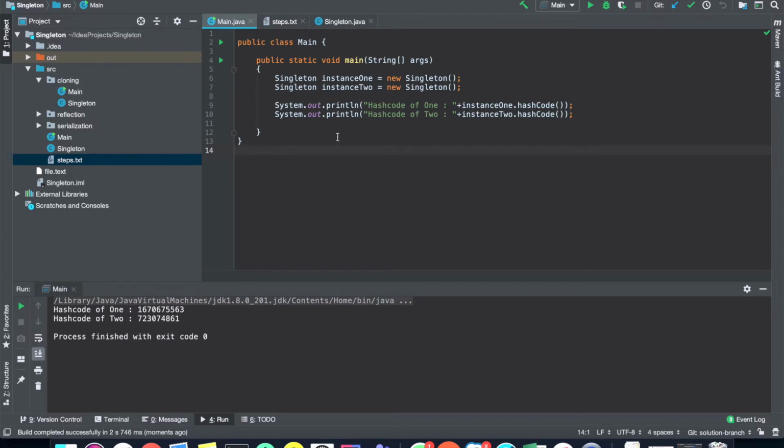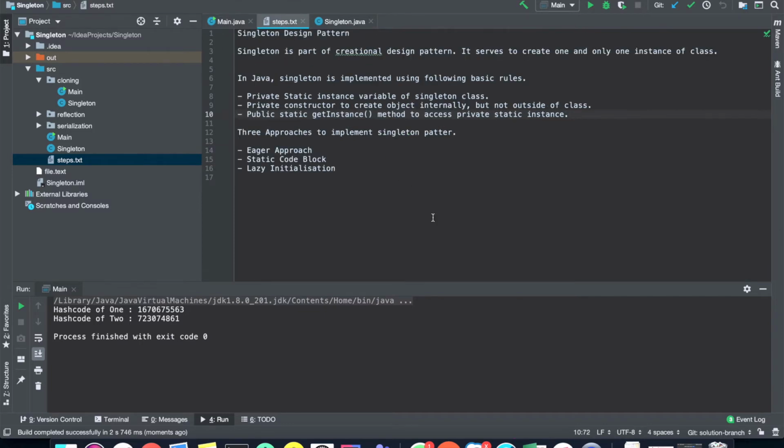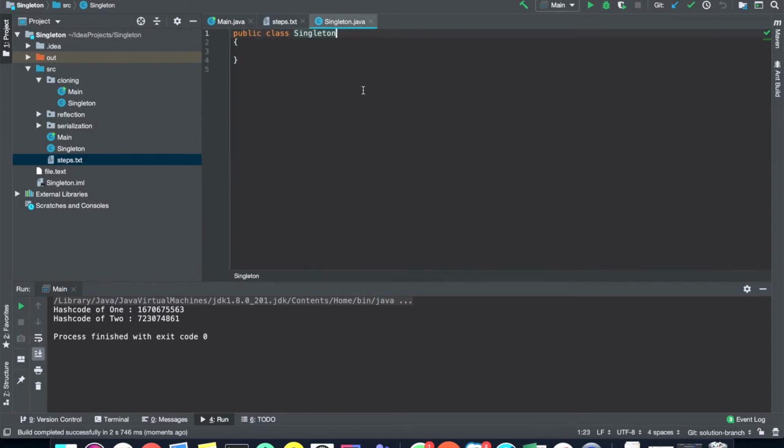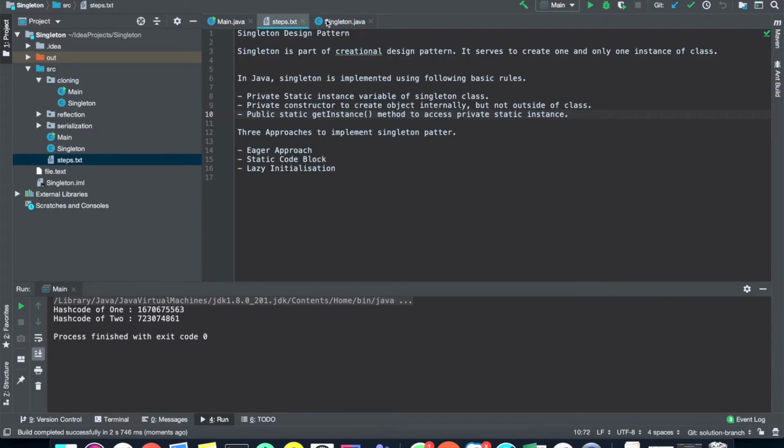So how do we create a singleton design pattern? There are three approaches: the eager approach, the static code block approach, and lazy initialization. We'll start with the first, the eager approach. First of all, we'll implement the three basic rules.